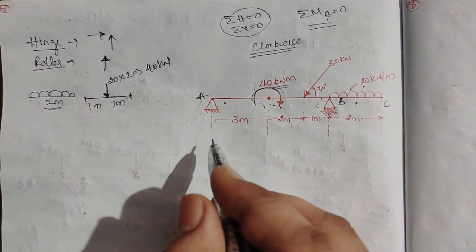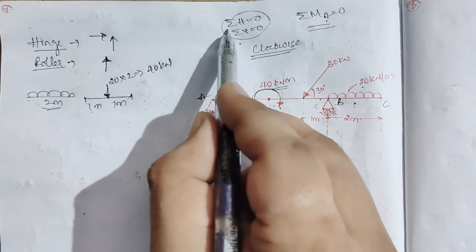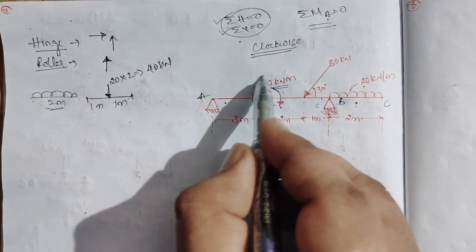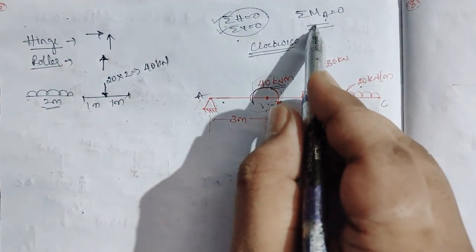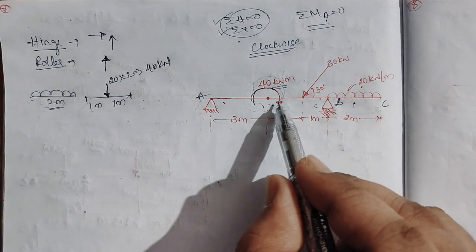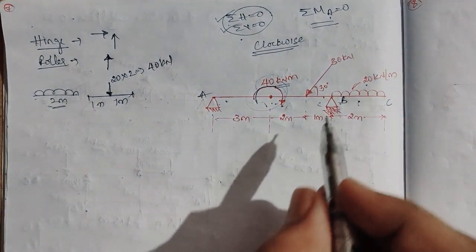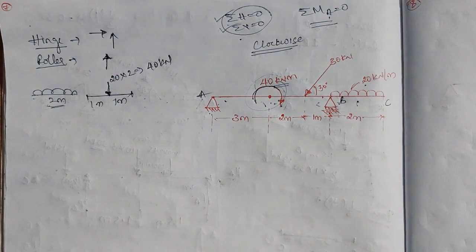While doing the equilibrium conditions for summation of H and summation of V, we are not considering this moment. Only while taking the moment about A. Or if you take moment about B also, okay, then you have to take it as a negative moment, that is minus 40 if we take moment about B. If we take moment about A, it is clockwise.